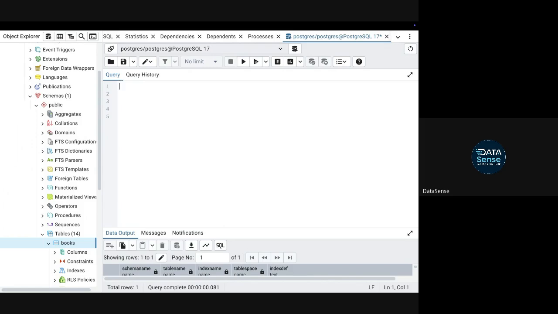Now let's try to understand a few scenarios, and I'll try to code and show you various things. For example, this table, if I see select star from books.